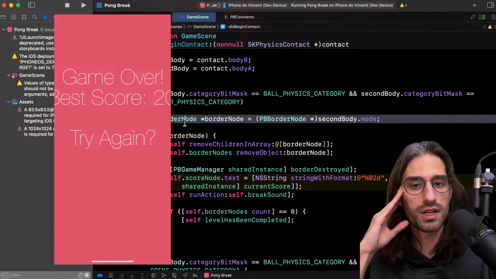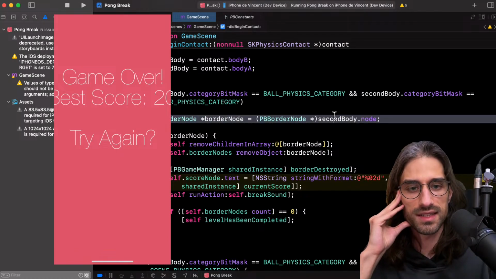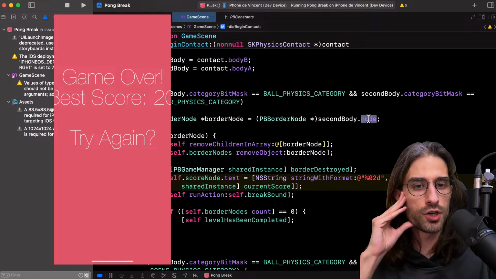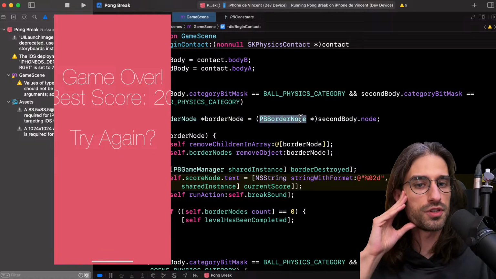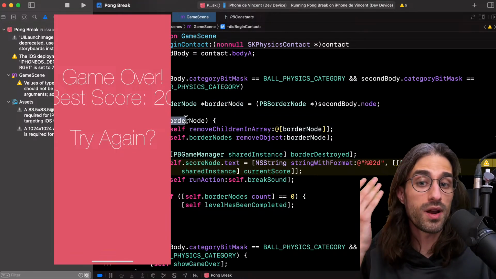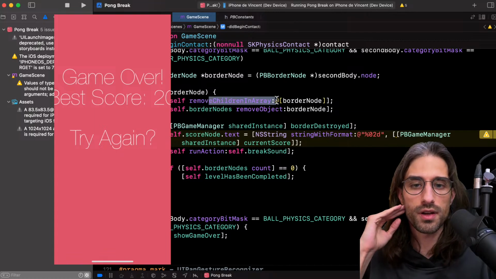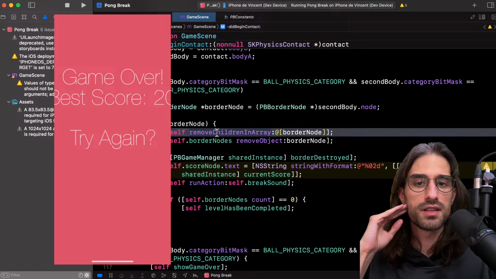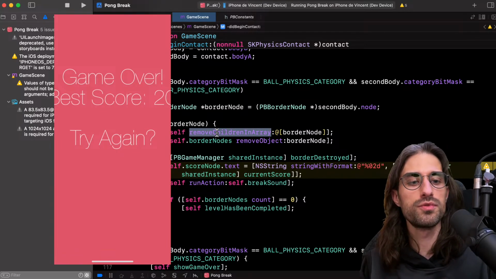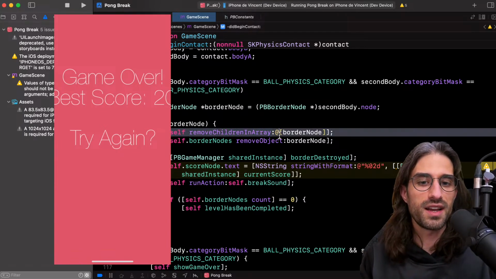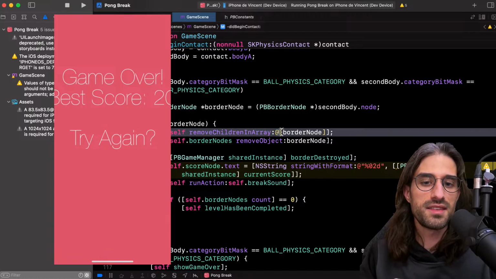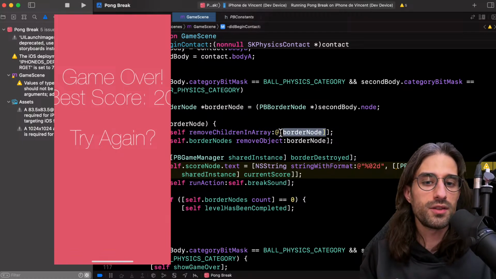And so what we do is that we get the node associated with the second body that we know is a border node. And if there was indeed a border node, we remove it from self. So self is a scene, so we remove this node from the scene. You can see this syntax right here, the at sign and then square brackets, allows you to create an array with a nicer syntax.